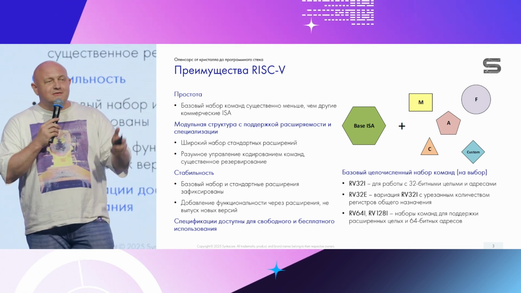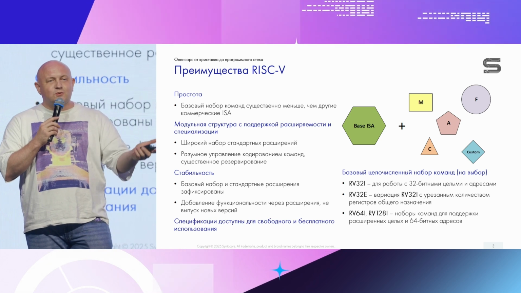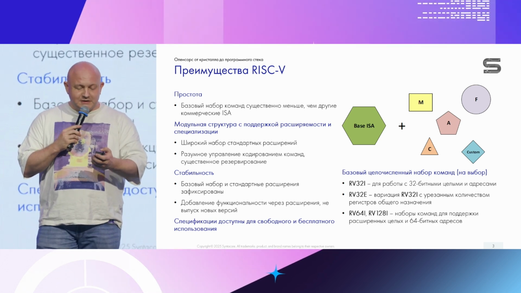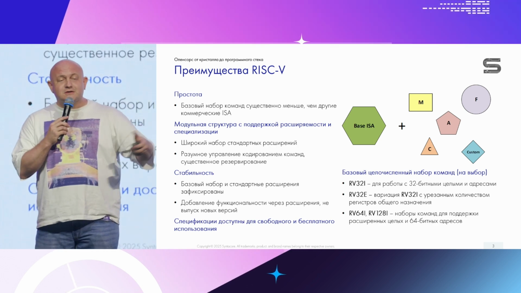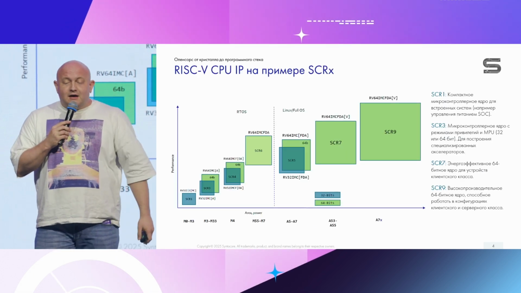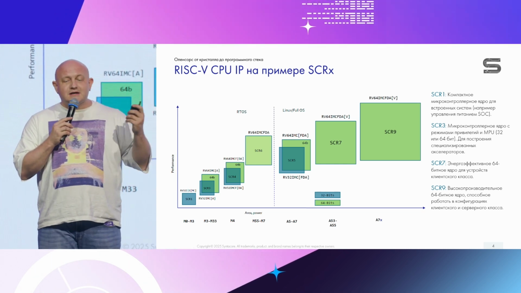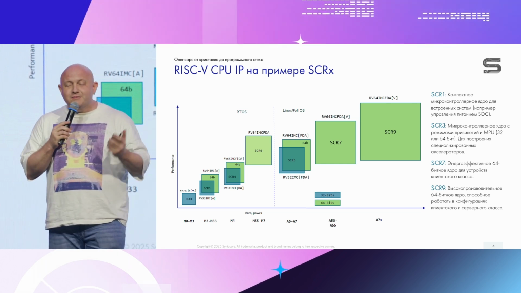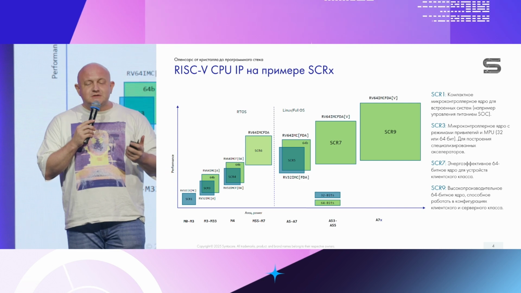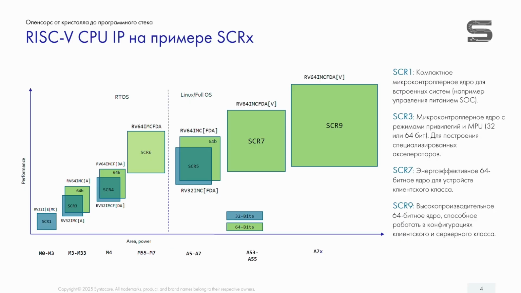And each standardized extension is open. So you can read it, and everyone can use it, and it's quite convenient. If you want to have quick cryptography, you can include a vector crypto extension. Syntacore makes a line of cores, so you may see here a list, and at the top of each square there is a list of extensions, from SCR1, which you can find in your gas meter and which supports only RV32IM, up to SCR9, which supports a lot of extensions,